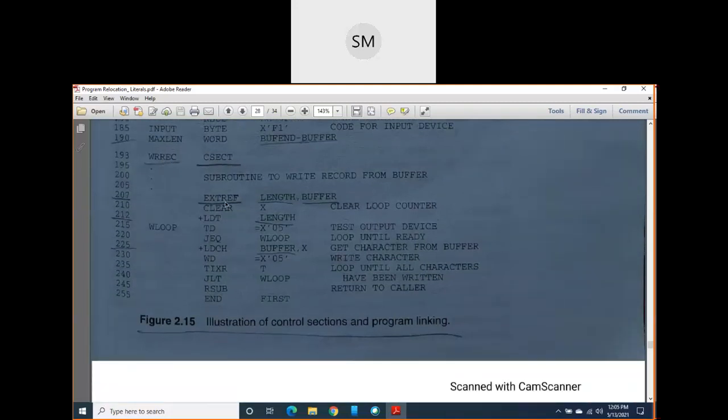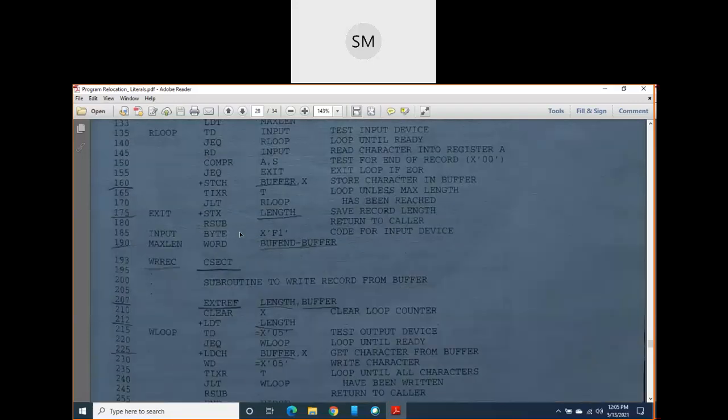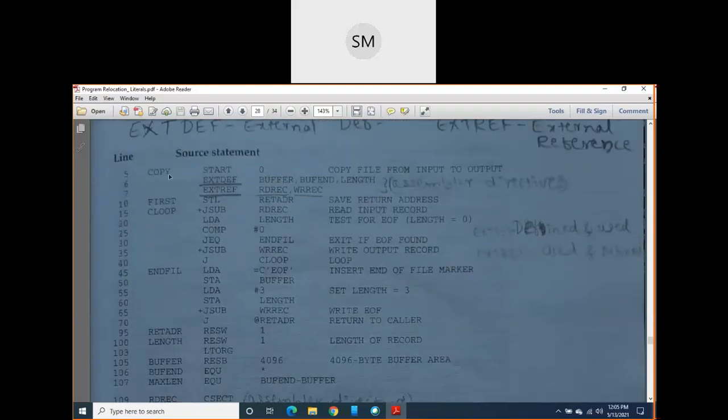So here, once again, I am defining two symbols as external references. Why? Because it clearly means that length and buffer are not defined here, they are just used here, but they have been defined in copy. Clear now?